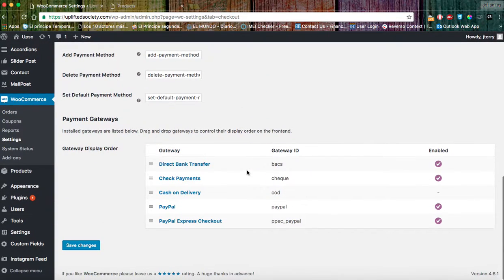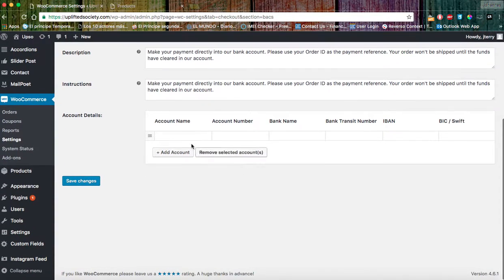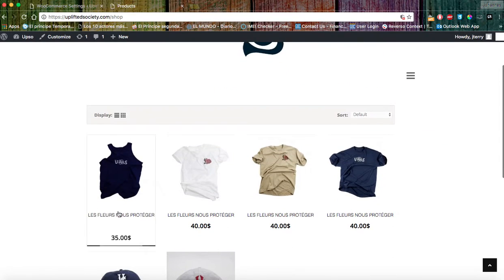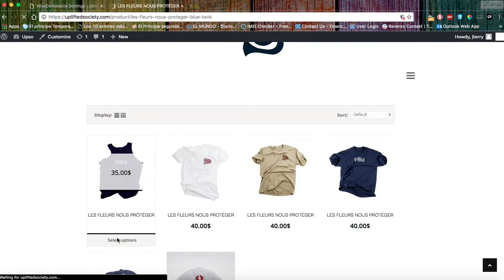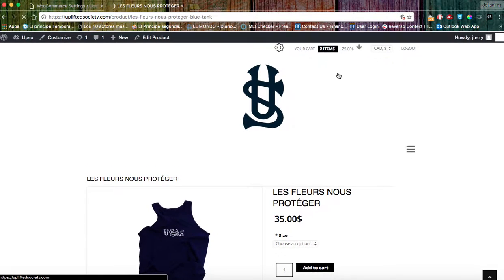You don't have to do anything here. Only that you said you want to do e-transfer. So you go to direct bank transfer. Make sure you fill out the boxes and then add account,